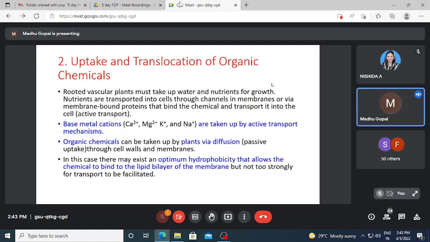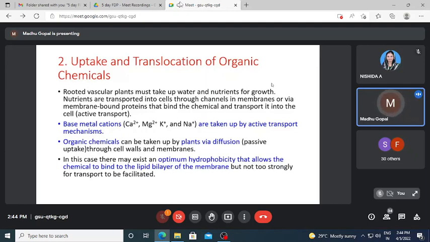Then these base metal cations are taken up by active transport mechanisms, whereas organic chemicals may be taken up by plants via passive uptake through the cell walls and membranes. The uptake through cell walls and membranes is referred to as passive uptake. Usually diffusion is the mechanism, and in this case, there may exist an